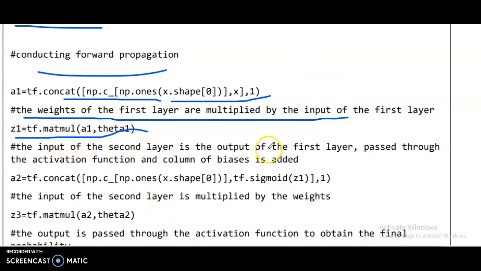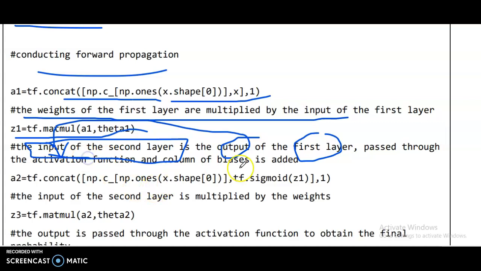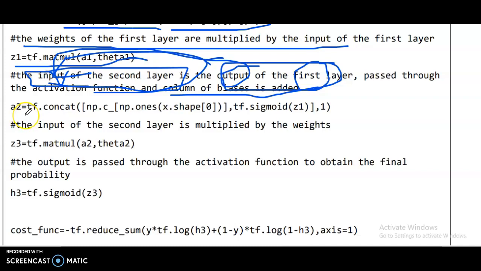Now it is passed through the activation function, and the column of biases is added. A2 equal to TF dot